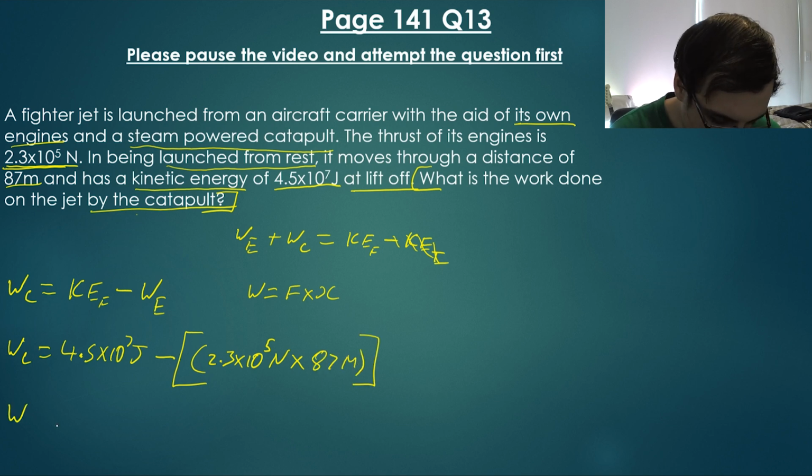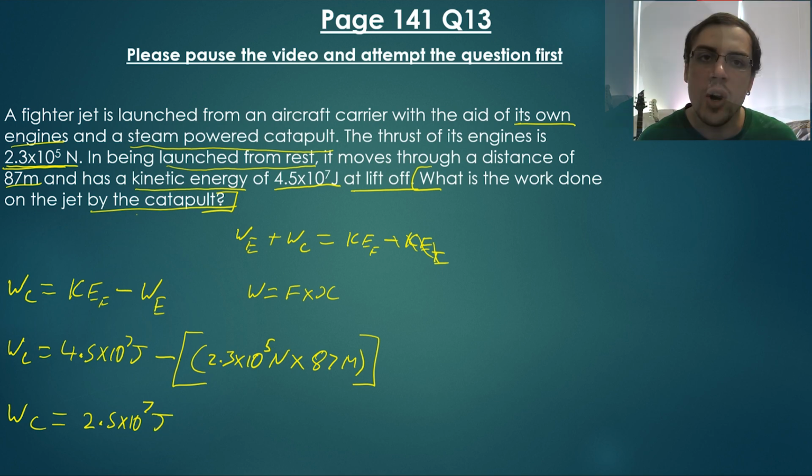So that means that the work by the catapult is going to equal 4.5 times 10 to the 7 minus everything in here, which is going to give us a total work of 2.5 times 10 to the 7 joules. So again, in terms of raw calculation, this question wasn't too bad. The hardest part was that we were given so much information and just being able to understand what to do